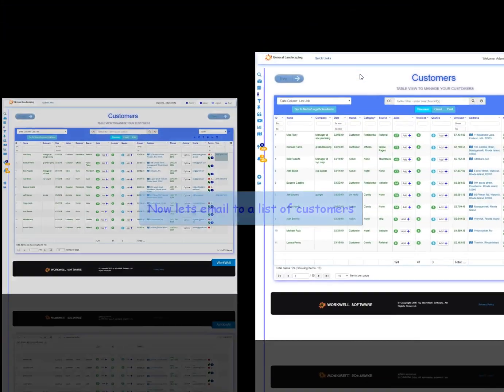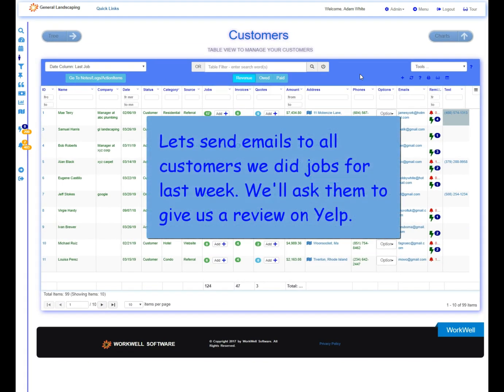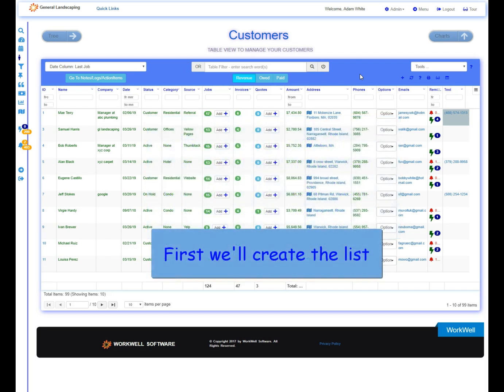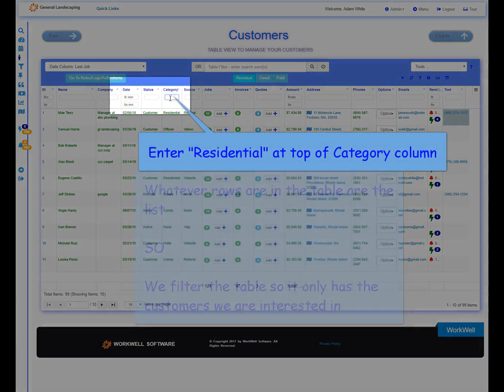And we can also email and text to a list of customers. Suppose I want to send an email to all the customers that I worked for in the previous week, asking them to provide a review on Yelp. To do this, I first have to create a list, and I do this by filtering the table. So at the top of the category,